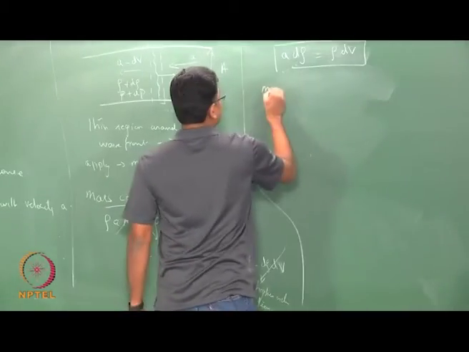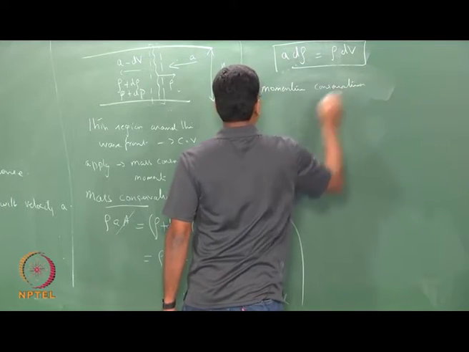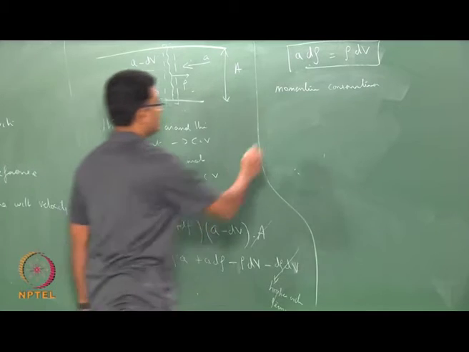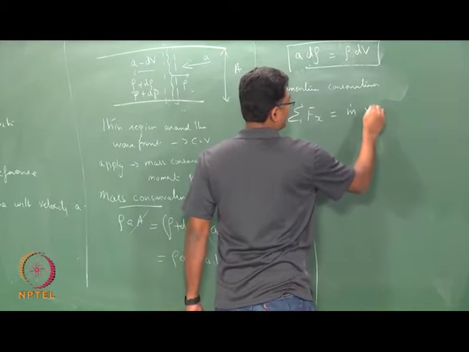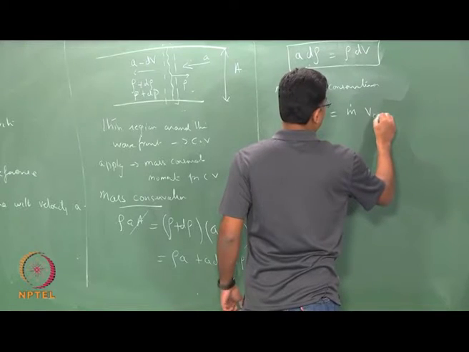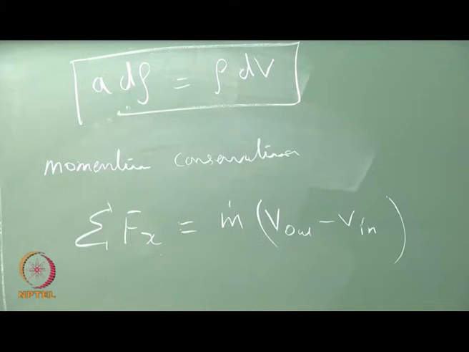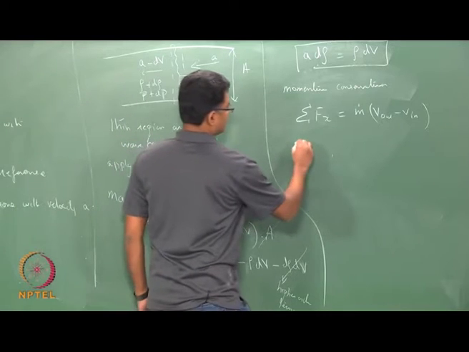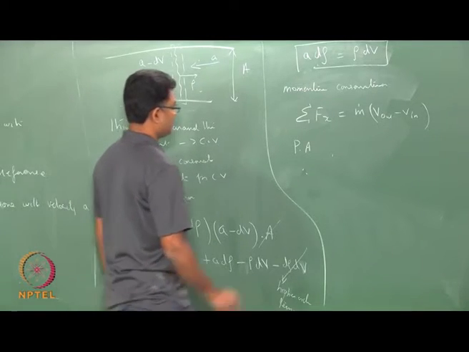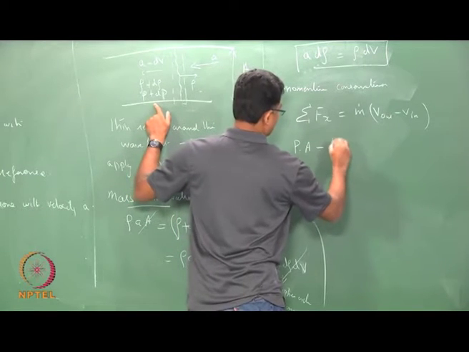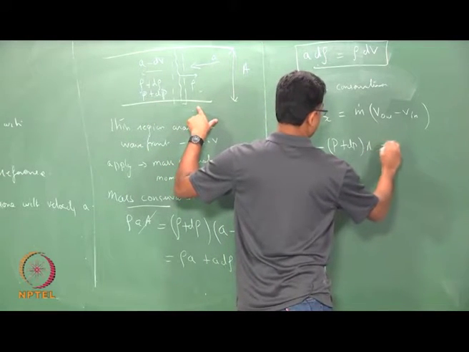Now, apply linear momentum conservation across the control volume. So, this is a 1D flow. So, sigma Fx equals m dot times (V out minus V in). What is sigma Fx? The pressure force that is acting. So, this would be P into A minus (P plus dP) into A equals